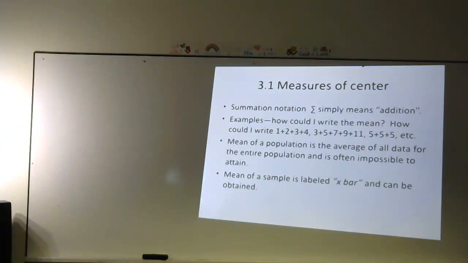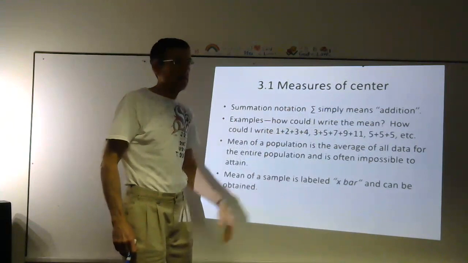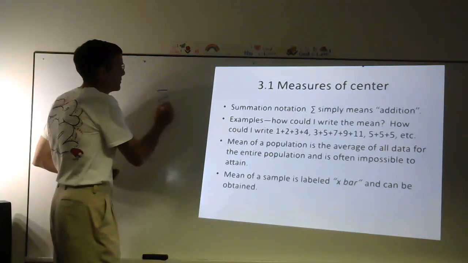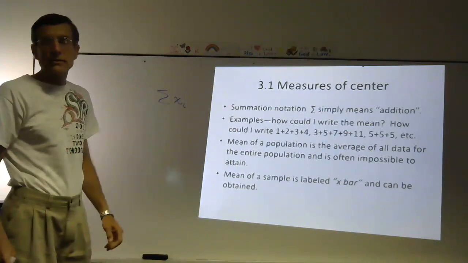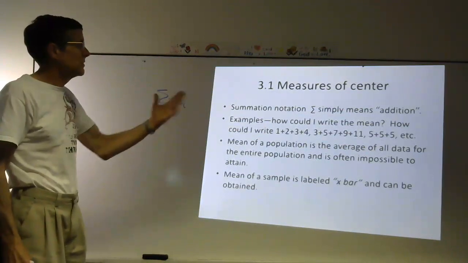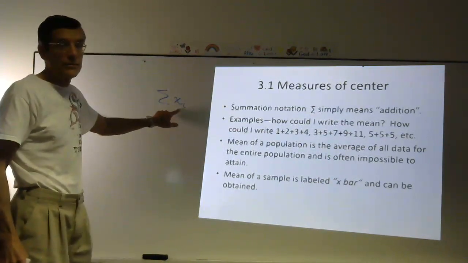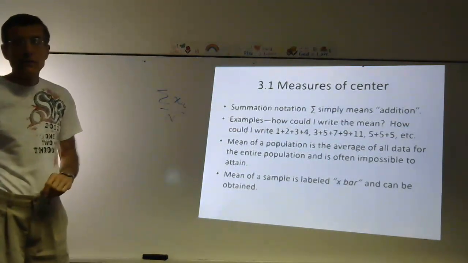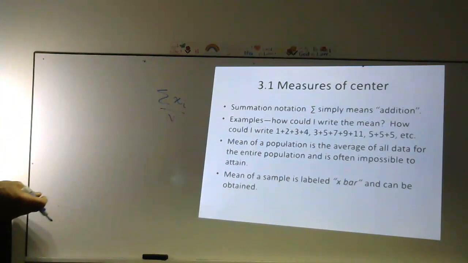So, by the way, when we're talking about some of the notation here, I just wanted to mention this. This is a capital Greek letter sigma. It simply means addition, okay? The author of your textbook does this. He will say summation of the x sub i's, okay? And what that means, summation simply means addition. He wants you to add up the x sub i's. He wants you to add up the data, okay? Like for instance, add up all the data and divide by n. Is that not the average, the mean, okay? Right? That's what he means.